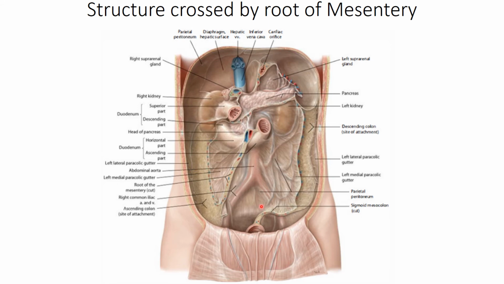So as we have discussed, this attached portion of the mesentery of the small intestine is lying obliquely, which is known as the root of the mesentery, and in this oblique course, it crosses several structures. Initially it crosses the third part of the duodenum and the abdominal aorta and inferior vena cava. Then it crosses the right ureter and the right psoas major.